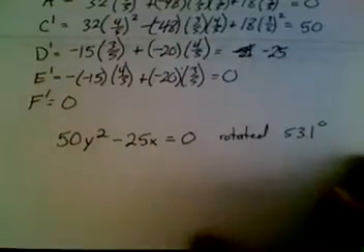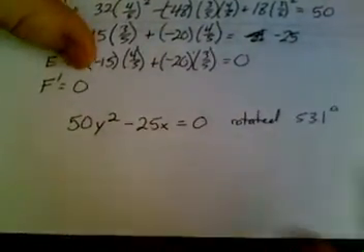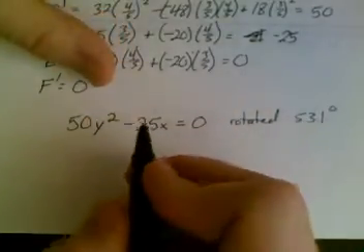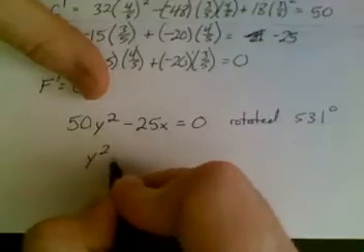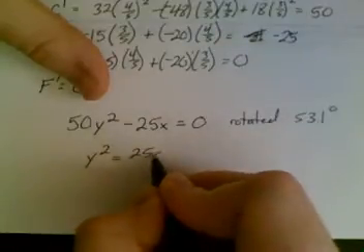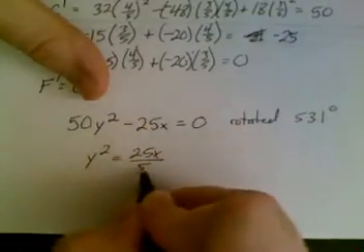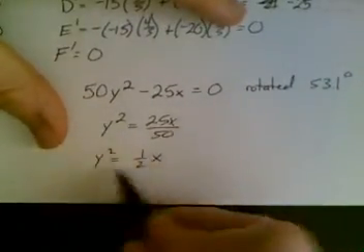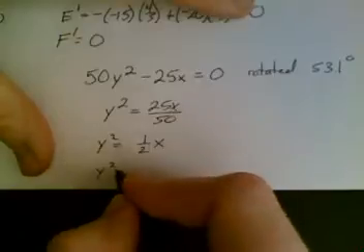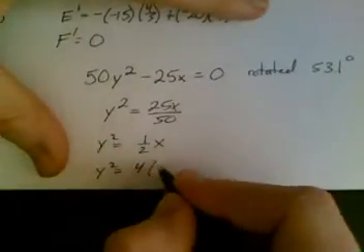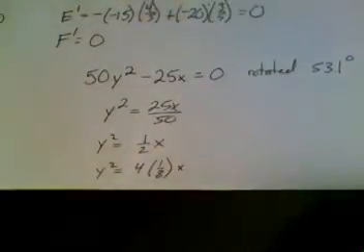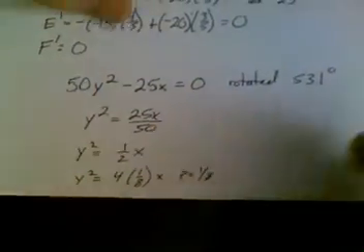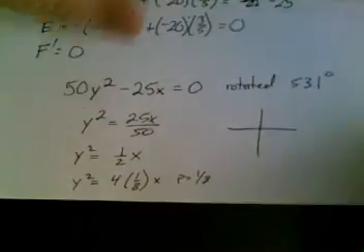Let's go ahead and determine what the parabola is supposed to look like. So, first thing I always do is get all my y's to one side, all my x's to the other. So I'm going to see that y squared is equal to 25x, adding this to both sides, divided by 50. So y squared is equal to 1/2 x, but I want that to be 4 times p, so y squared is lastly equal to 4 times 1/8 x. That means my p value is equal to 1/8, and it's positive, so that means that the set of axes that I'm going to have